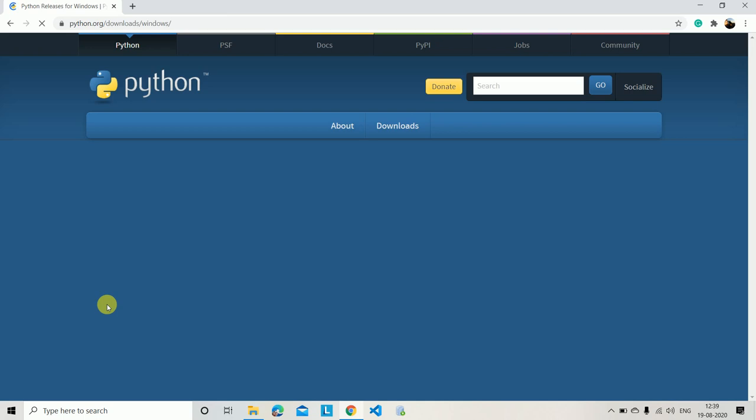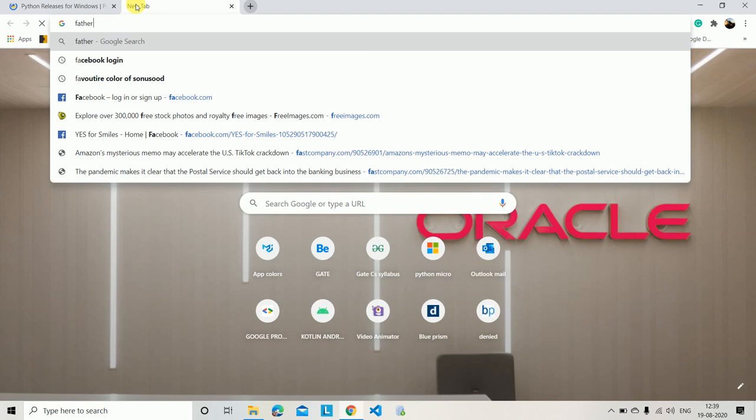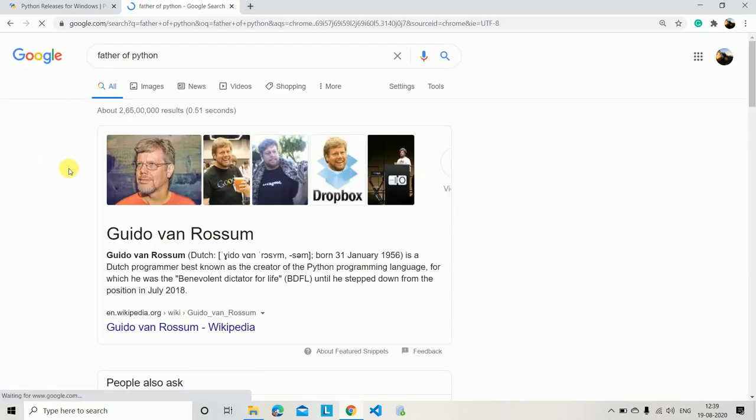Another thing is that the father of Python is Guido Van Rossum. I will show you. He created Python. See, Guido Van Rossum. Python came into the picture in 1991.